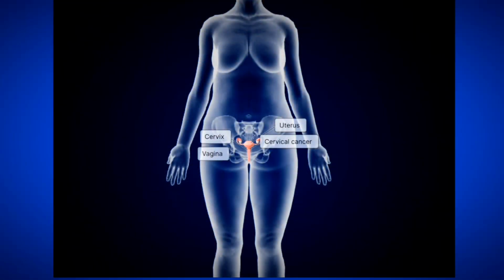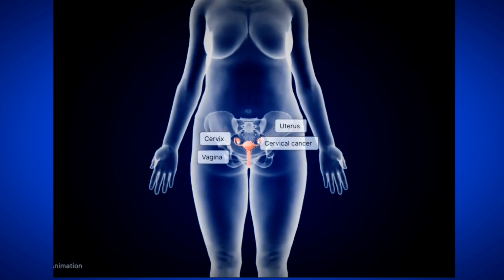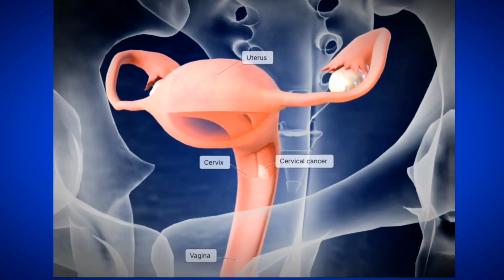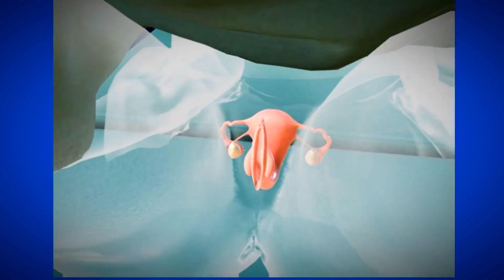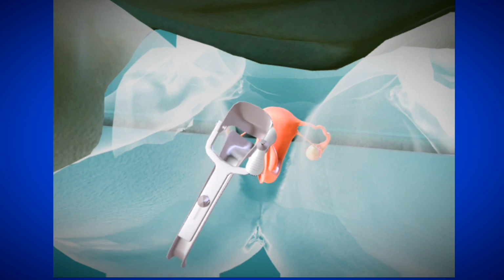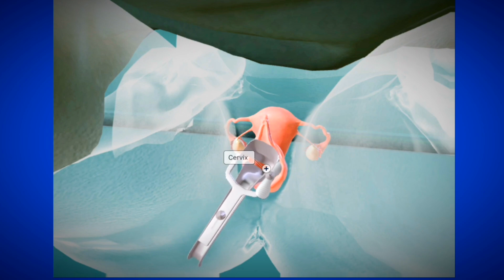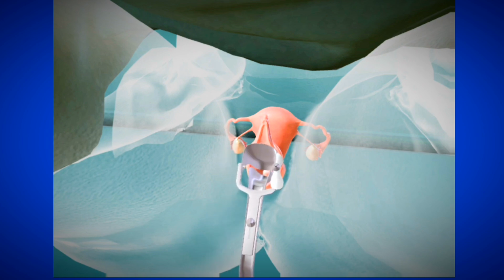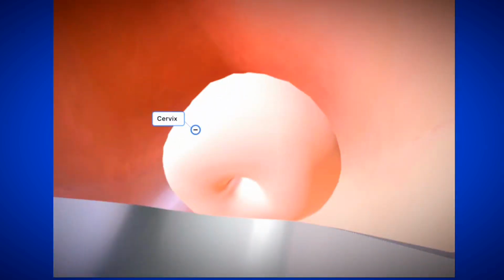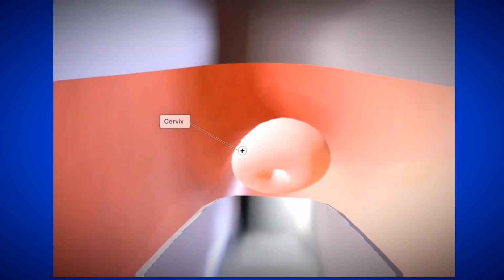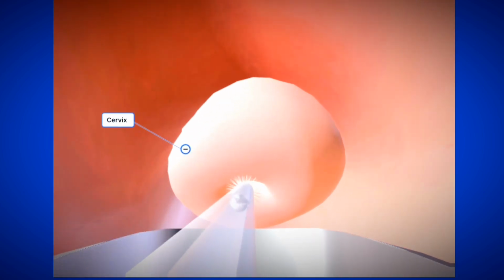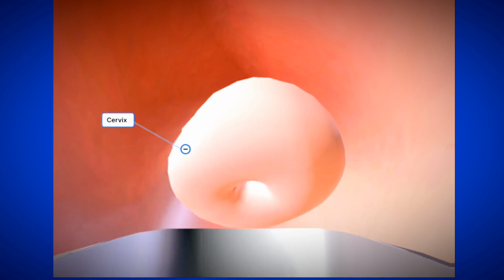Cervical cancer is a type of cancer that affects the cervix, the lower part of the uterus connecting to the vagina. It is most commonly found in women between the ages of 30 and 50. Cervical cancer is the second most common cause of death from cancer in women. The most commonly used techniques for cervical cancer screening are the Papanicolaou test, also called Pap smear, and the HPV test. The Pap test involves collecting cells from the cervix and examining them under a microscope to look for any abnormalities. The HPV test detects the presence of high-risk types of human papillomavirus, HPV, that are associated with cervical cancer.